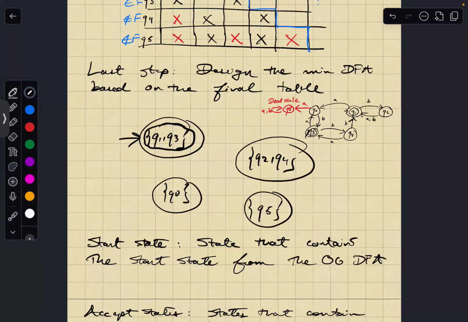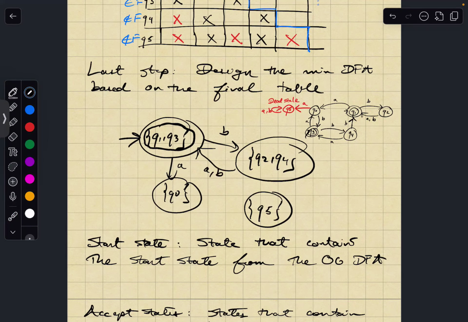Okay. So let's pick Q1 as the representative. If I'm at Q1 and I read an A, then I'm going to go to Q0. So that just tells me that for this state, I'm going to go to Q0. When reading a B, I go from Q1 to Q2. So that means that I go to this set of states. So that's going to be for B. Then I do the same thing for Q2, Q4. Let's just pick Q2 as the representative. If I read an A or a B, I go to Q1. So that means that reading an A or a B, I go back to this state, right?